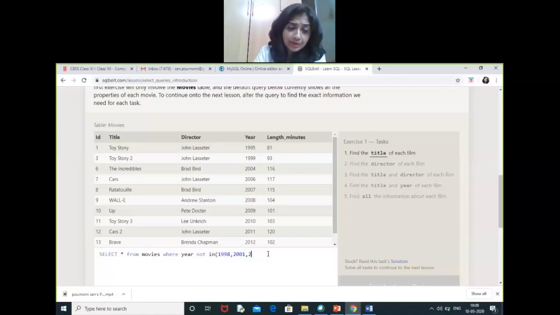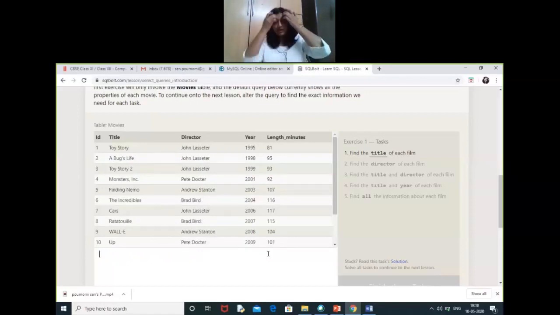Another very important query is the update query. You can update a table. Now the movies table is given. Update means if you want to change the year or length in minutes of a particular movie, you can change the value in a table.